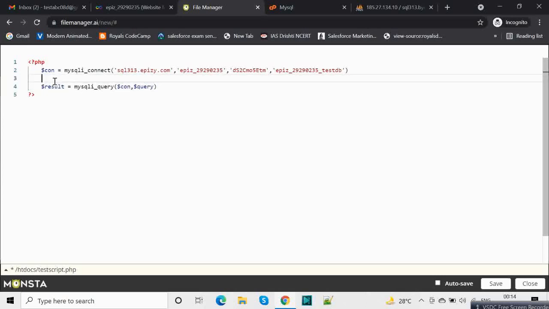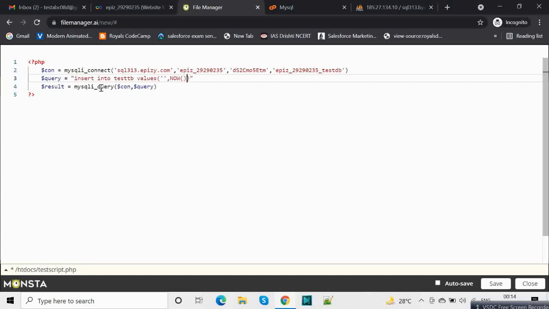This will be the result, and we will have to write the query: insert into our table, which is test TB, values.